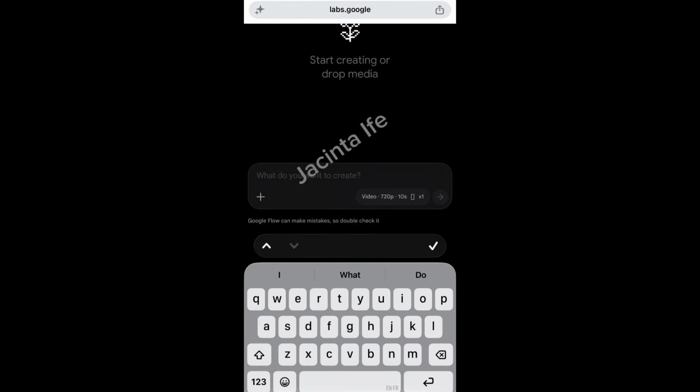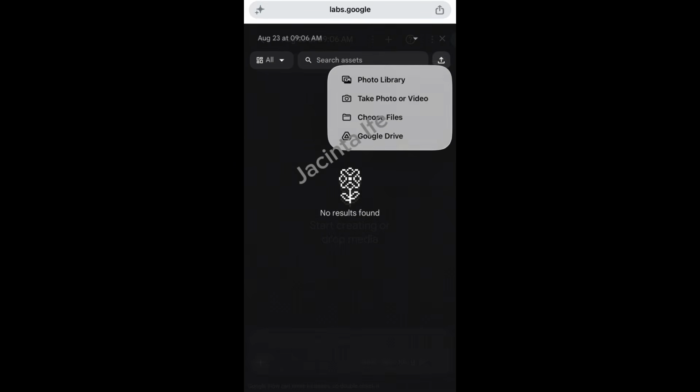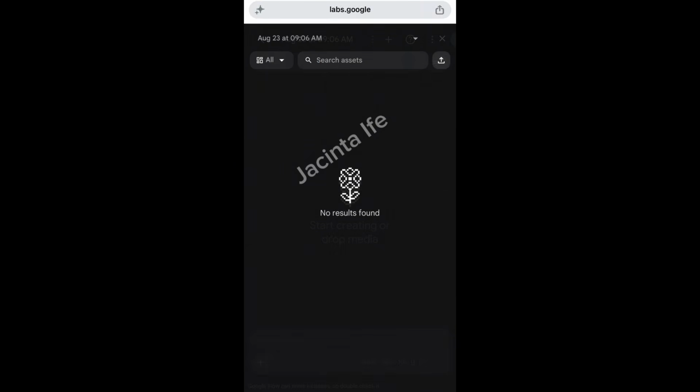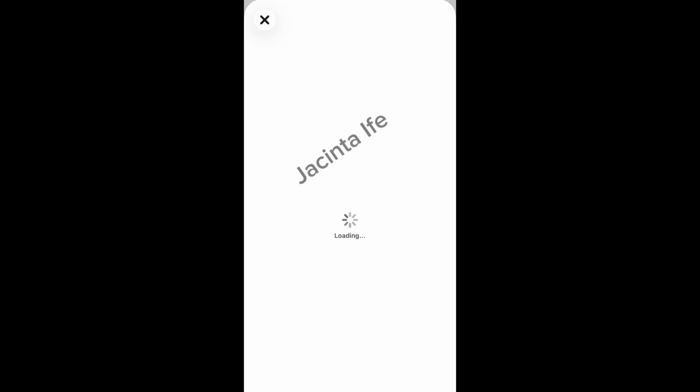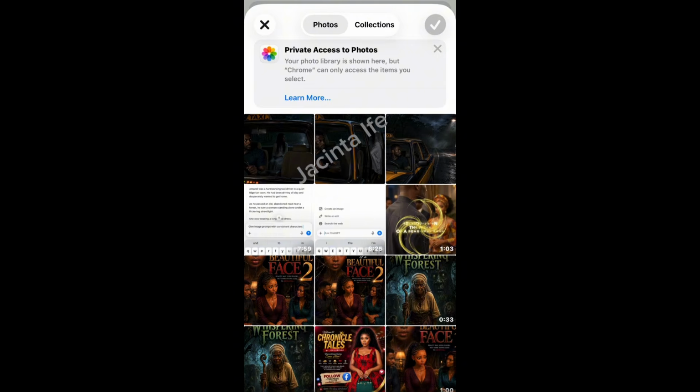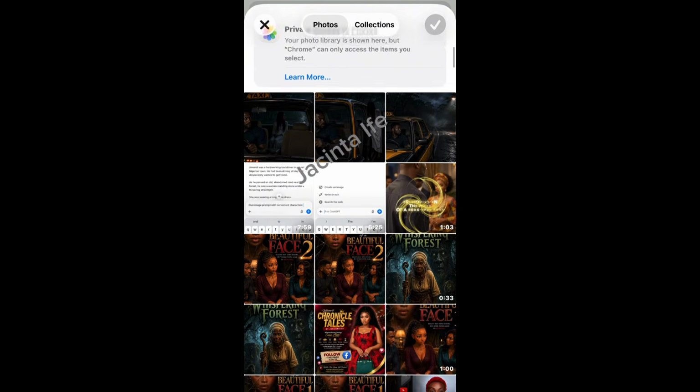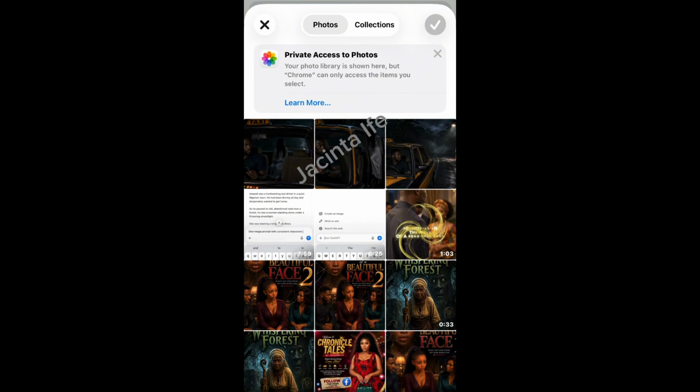So here now we have to bring in our image. So I think this is the image for scene 1.